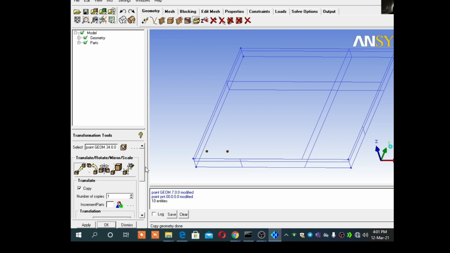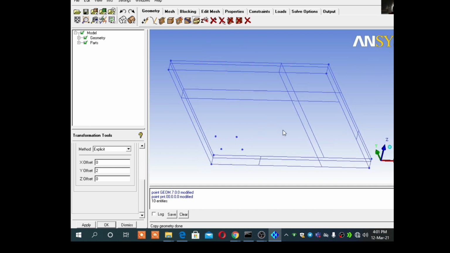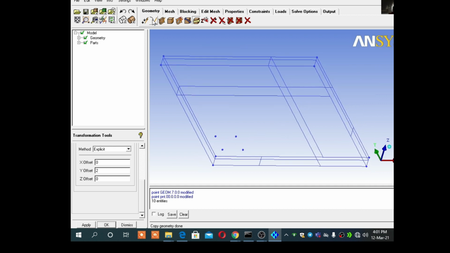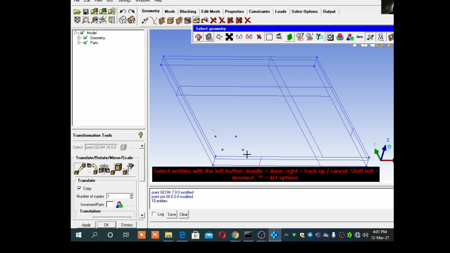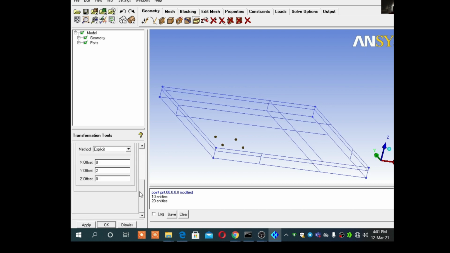Again I will go in Y direction 2 mm, so that I get 2 by 2 of one heatsink here. Then I will transfer this point in Z direction, that is the height.